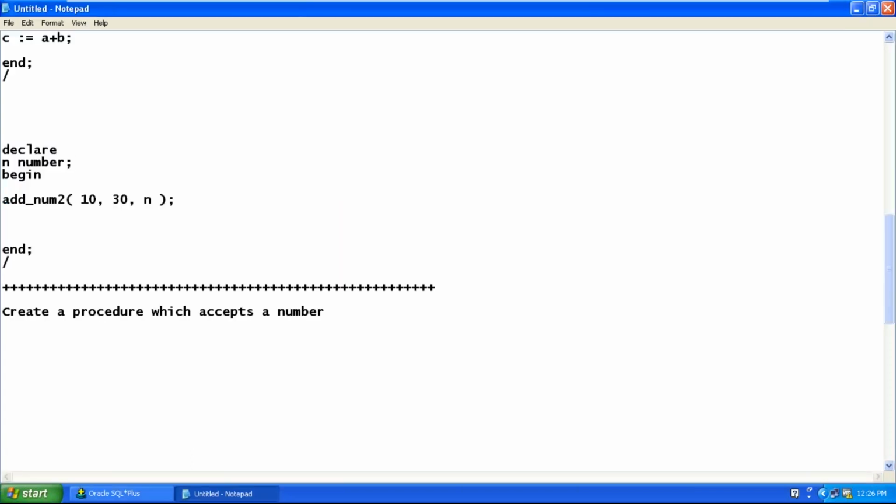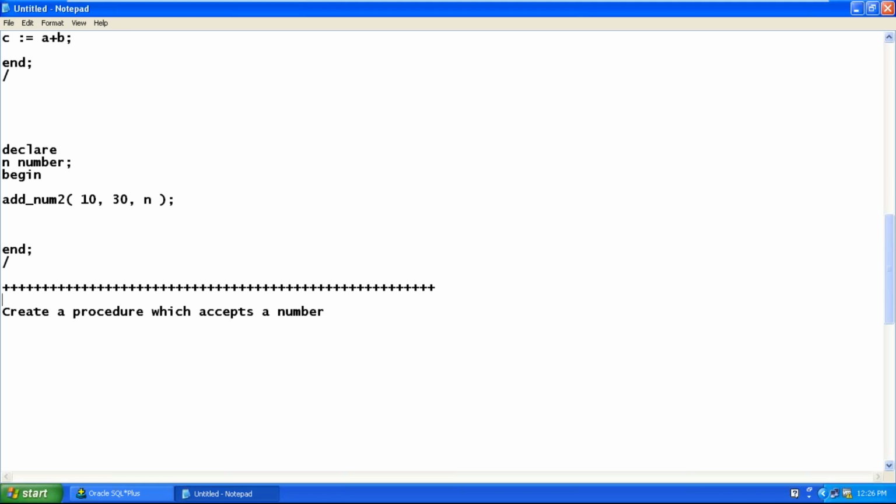In practical scenarios, where exactly will it be used? Very rarely we use out parameters. If you look at the existing code in your office, you rarely find a procedure using out parameters and in out parameters. Practically, we don't prefer returning values from the procedure to the calling environment. So 99% of procedures have in parameters only.